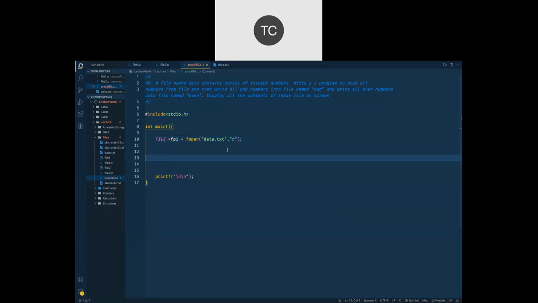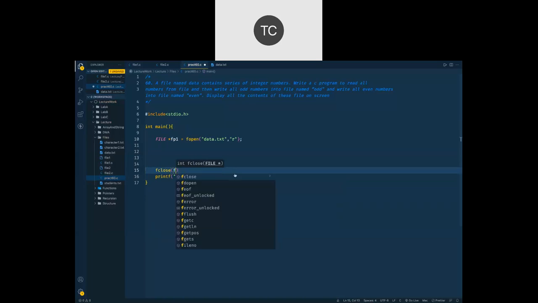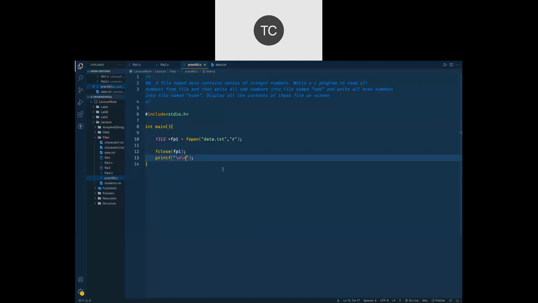Very simple. Okay, so we open that file. Don't forget to close that file at the end, so we'll go for fclose fp, and that's going to be fp1 actually, right?